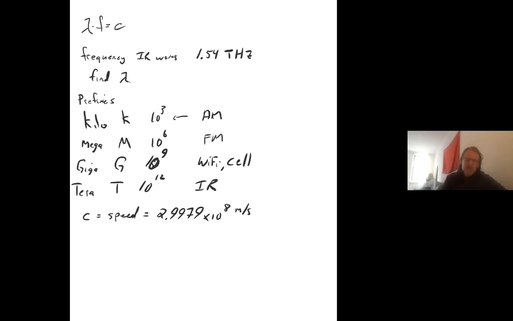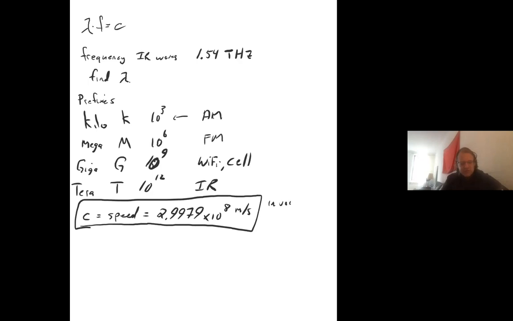If you put a satellite just a couple hundred miles in orbit, you could bounce light off of it. You could send radio signals from it, and it would be much less than a second. Okay, so there's our speed. Doesn't matter what type of electromagnetic wave we're dealing with, we're going to use that value. Technically, this is in a vacuum. We're not always in a vacuum, but we'll use it for our calculations.